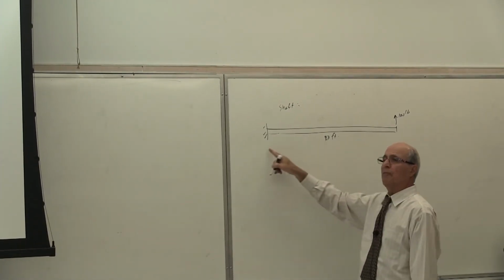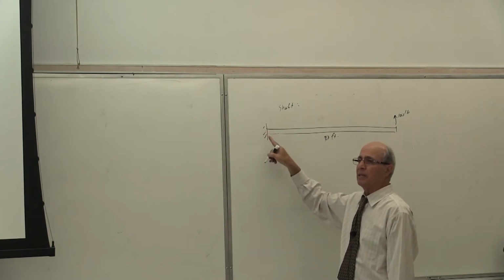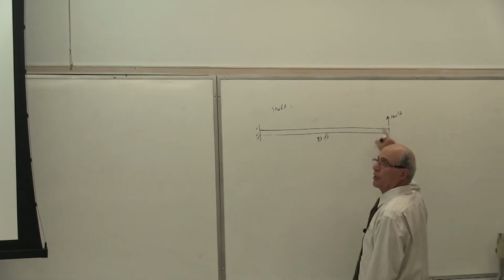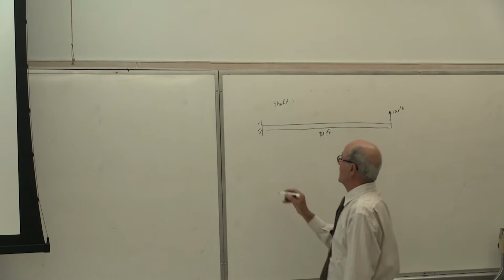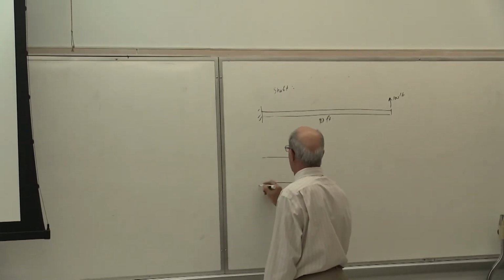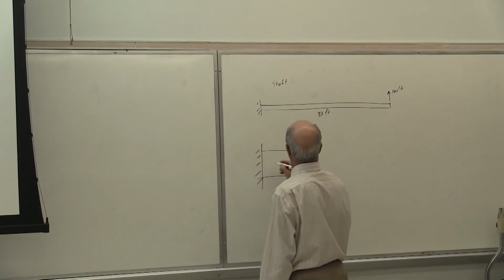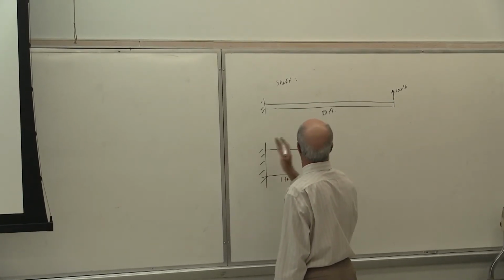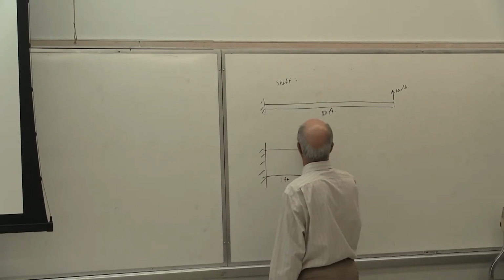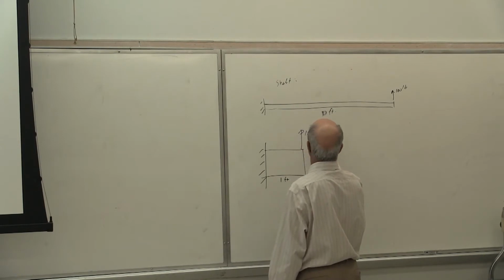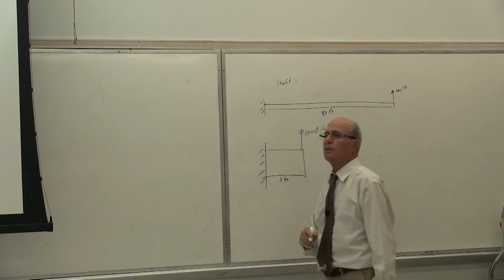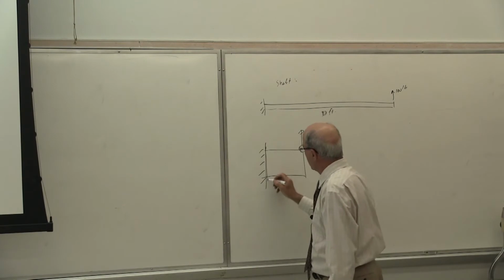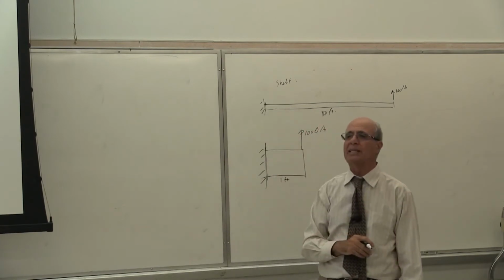1,000 pound-foot of the moment. How much shear do I have there? Only 100. Is that correct or not? However, if I make a similar approach to the problem, where I have 1 foot, either that or 10 foot, in order to create the same amount of the moment, how much force do I have to put here? So the moment here and the moment here are exactly the same.